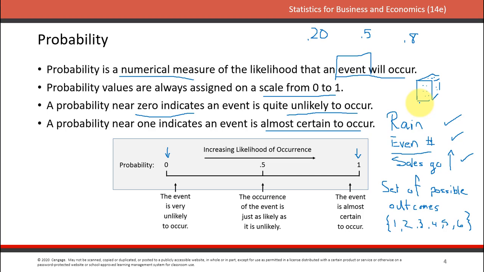So you might say, why do we have to call it an experiment? What we mean by experiment here is that it results in something where we don't know what's going to happen. When we roll a die, we don't know what's going to happen. It could be any one of these, so we don't know which one. So we call that an experiment. It's like when you pour 2 chemicals together in a chemistry experiment, you don't know what's going to happen, right? So that's an experiment. And we could call rolling a die an experiment because we don't know what's going to happen either. It could be any one of these.